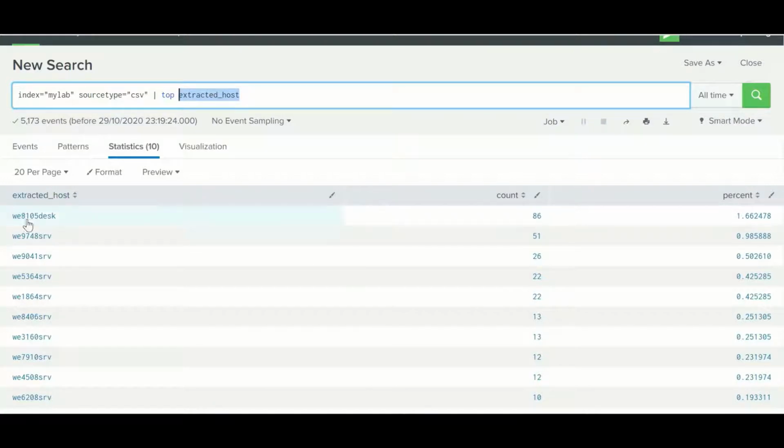By default the top command will give you 10 results. Also by default it has the columns count and percent. There are also some common constants: limit, count field, and show per.